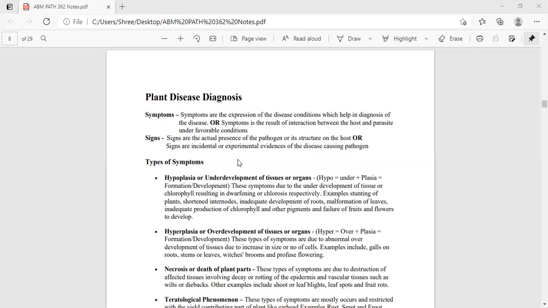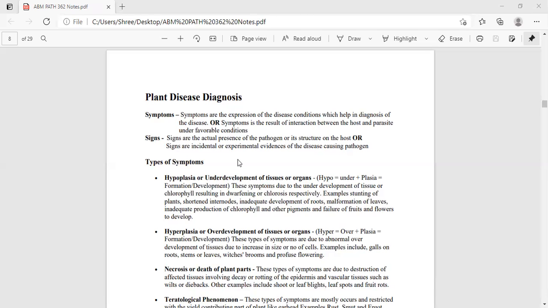And whatever the misbehavior or the expression, the physiological conditions that have changed and can be seen, comes under the symptoms. It can be clarified by observing that particular leaf tissue under the microscope, where you can see the bacterial or pathogenic infections. Then you can confirm that this plant is infected by such and such pathogen. In case of a sign, you can see a clear-cut structure of the pathogen over the surface of the leaf, the surface of the plant, by open eyes. So this is the difference between symptoms and signs.